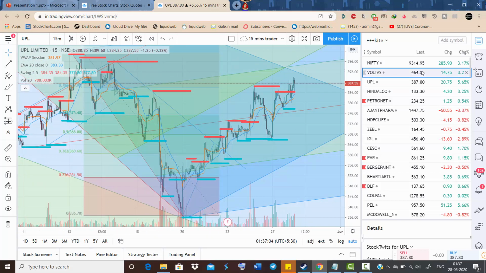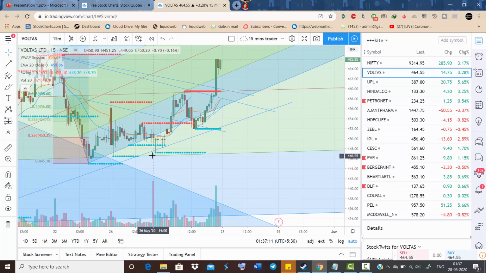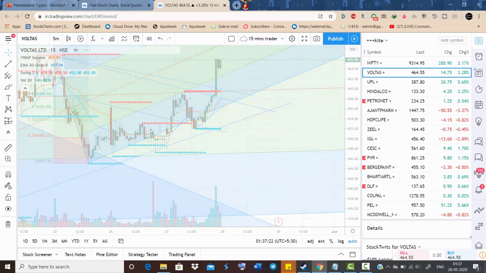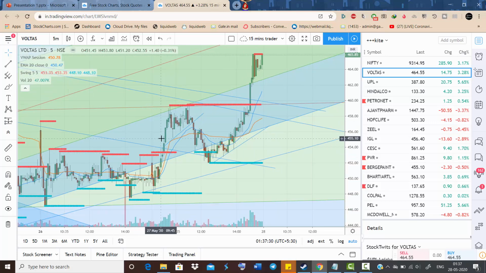So here I'll be explaining the Voltas trade that we did today. We entered on this swing break above 453, and let's switch to the 5-minute candle, it will be clearer. You can see above this we have bought. On reversal, it is trying to pull back towards the volume weighted average price. It happens over here once and twice. What we normally do is, I do not trade these things.